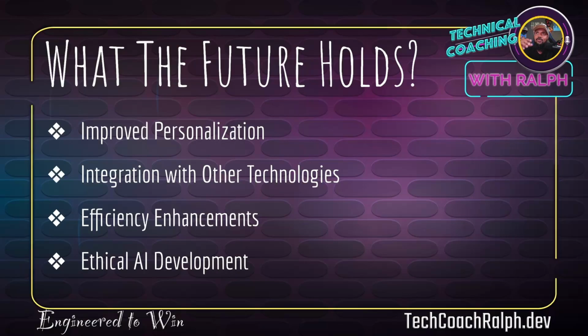Efficiency enhancements to make them faster, less resource intensive, less of a resource hog. How can we reduce the footprint so that, in the effort to reduce this footprint, we're not really going to reduce, we're going to expand it, but it's going to be able to handle a lot more, more powerful, right? Then ethical AI developments, thinking about how to safeguard certain things in AI, like we were talking about the biases and stuff like that. Figuring all that stuff out, but I think that as we see the growth of AI and the path that it's going on, there's only promising times ahead.